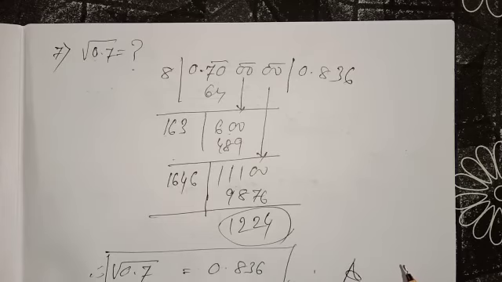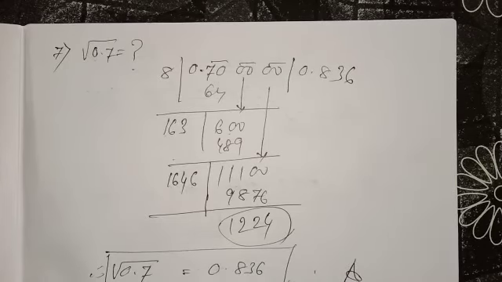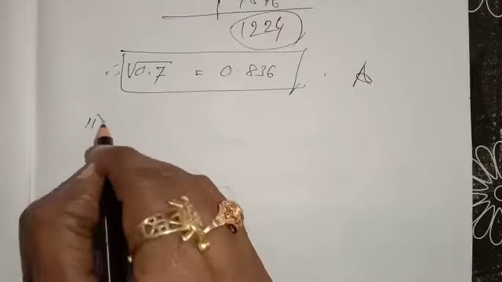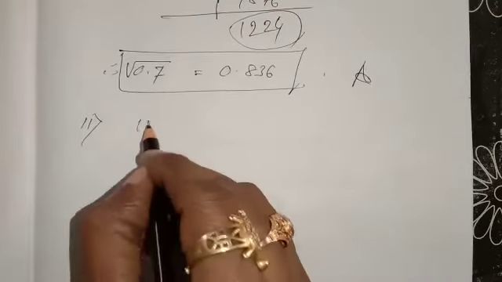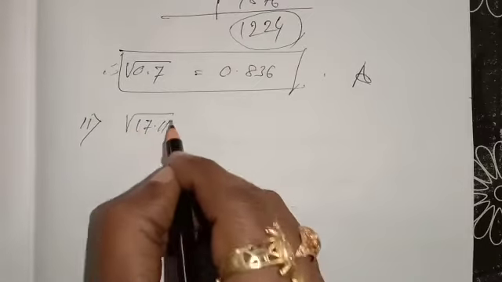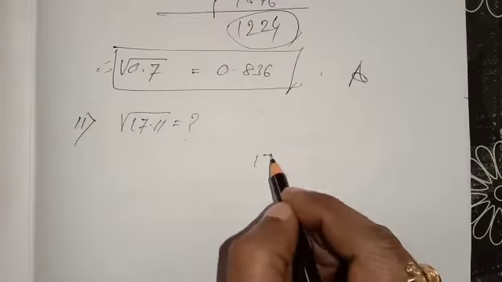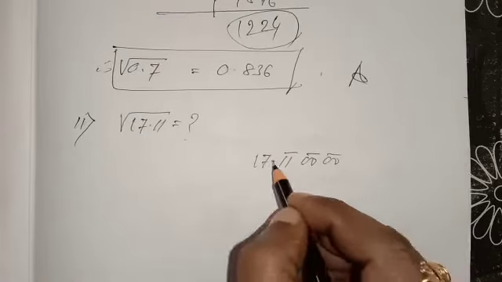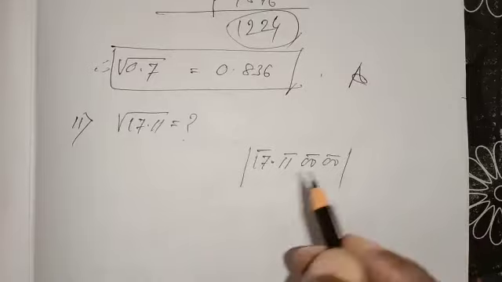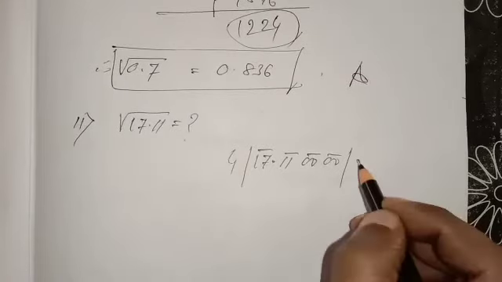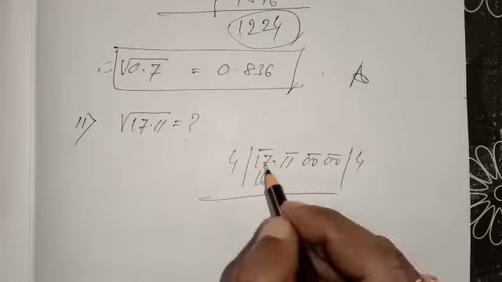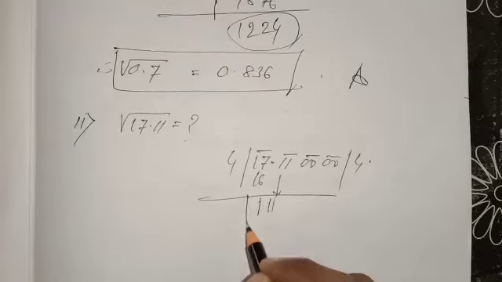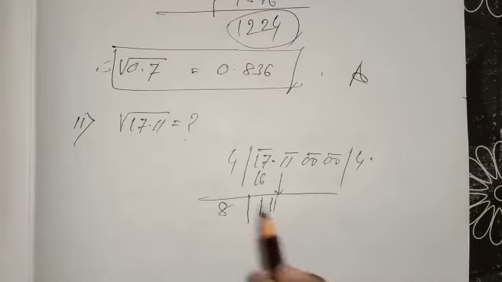One more question I am doing. Just see. Question number 11 I am doing. Question number 11 is given the square root of 17.11. Right here 17.11, make the pairs with another 0, at least 3 pairs after the point. 17 is one pair, 4 4s are 16. 17 minus 16, 1 coming. Now the point will come here, another pair will come down, 11. Now 4 plus 4, that is coming 8.